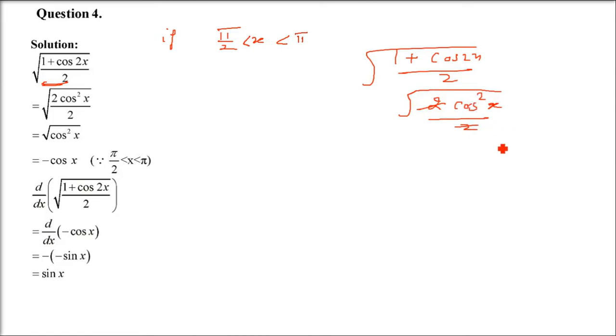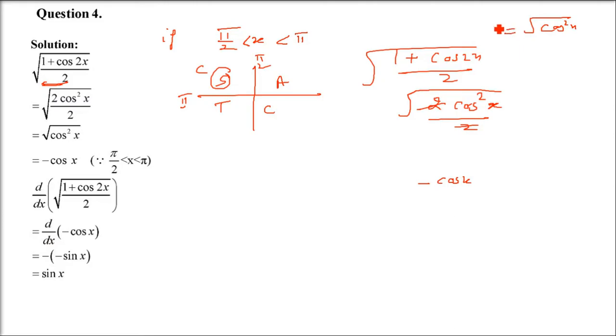Okay. Now see. Again, minus x square and x square will both give you x square, because minus square is always 1. Now if I take you to the quadrant, pi by 2 and pi means we are talking about the second quadrant. This is pi by 2, this is pi, second quadrant. So cos is negative here. That means we are going to get minus cos x whole square. I hope it is clear. In the second quadrant, only sin is positive, so cos will be negative. That is why we have to do minus cos x.